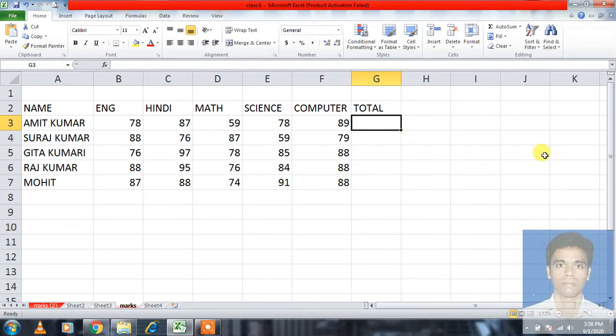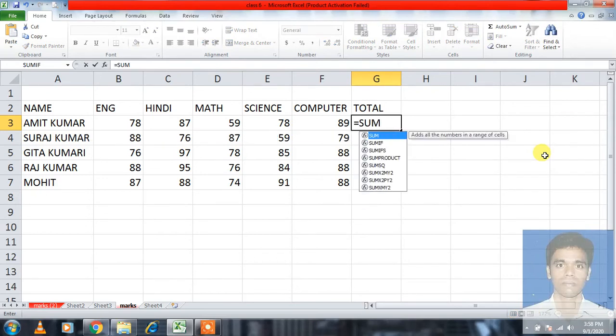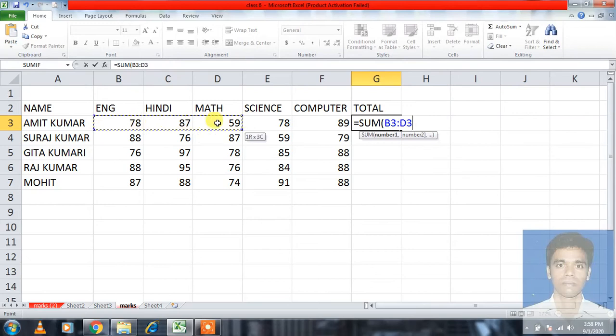to put some formulas: equal to SUM is the basic formula used to sum particular cell addresses. SUM, bracket, and then give the cell address range by dragging from the initial cell address, that is B3, to the final cell address which you want to add, then close the bracket and press enter.